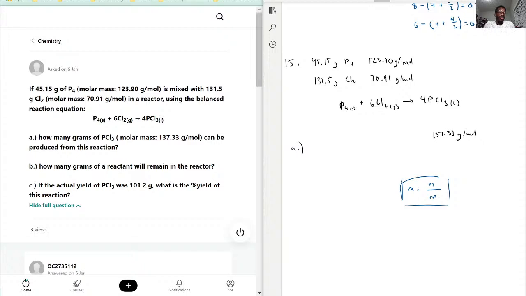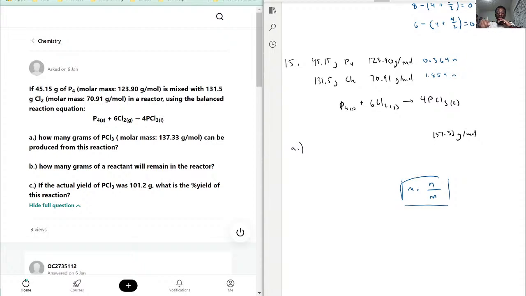So it's going to be now 45.15 divided by 123.90. So we have 0.364 moles. And the same thing for the other one, 131.5 divided by 70.91. We have 1.854 moles. Now with this information, to see how much is produced, we first need to find out what